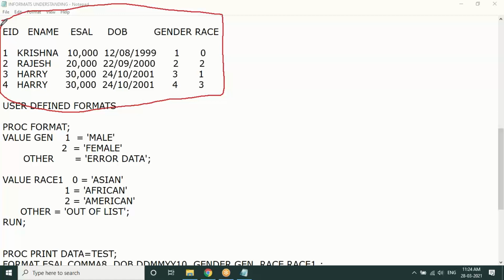Just now we have seen that we can handle the salary, DOB and so on. Whereas for gender and race, we are expecting text data rather than numeric. As you can see, gender has all numbers, and race has all numbers. We are able to read it, but once presenting the value, no one can understand what gender 1 and 2 stand for. We are expecting male and female, and races as different things, but here we have numbers.